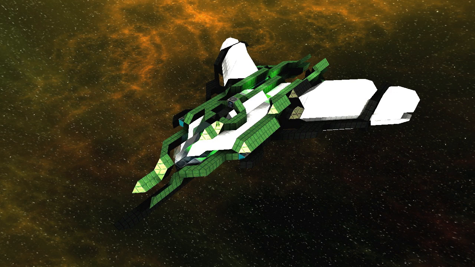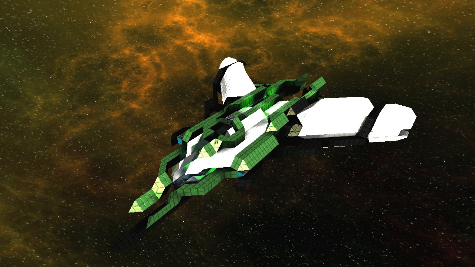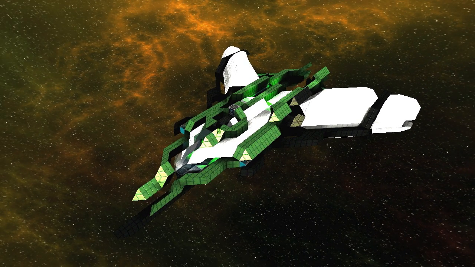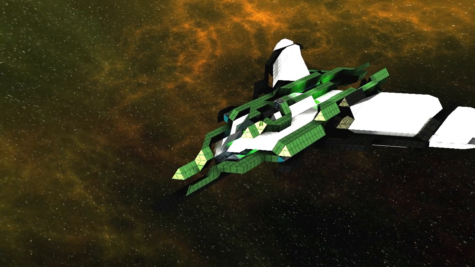But that doesn't mean we can't do something else, like building some nice ships. For example, I have an idea for a frigate class ship in my mind. I would say it's a frigate class, so it's not a very large ship, but larger than this one here. This is a corvette class ship. I would say it's larger than a fighter, but smaller than a frigate. So I think it's a corvette, if I remember right